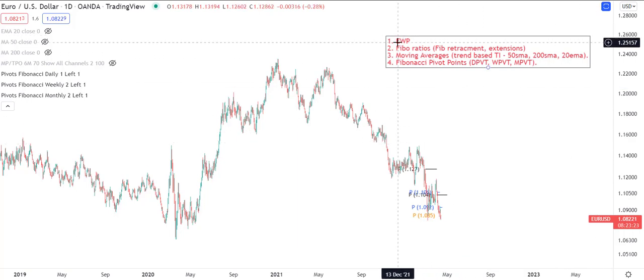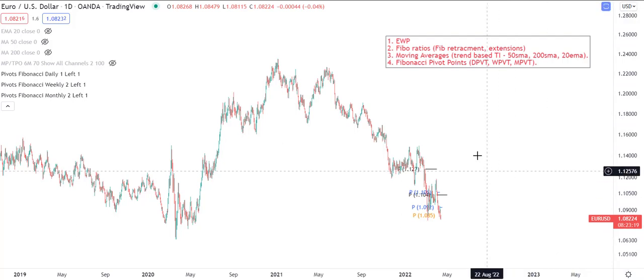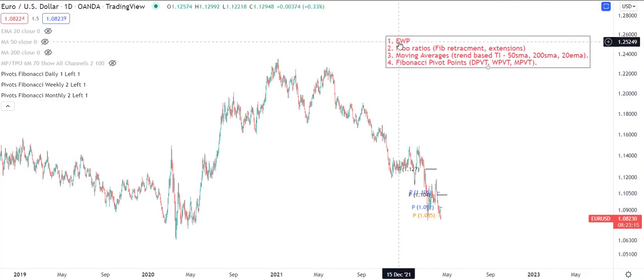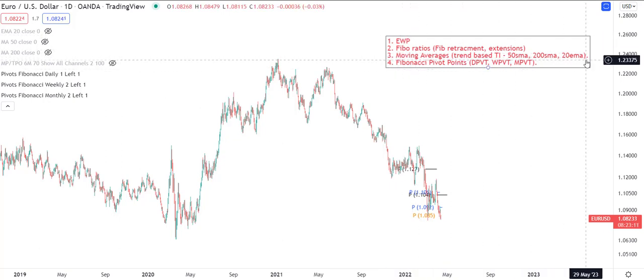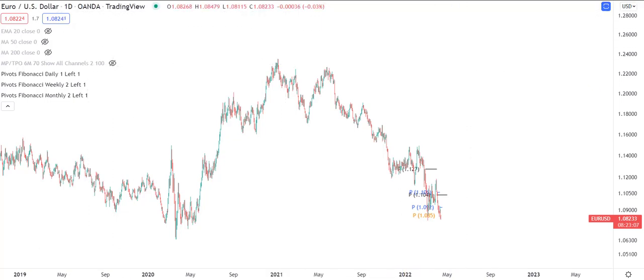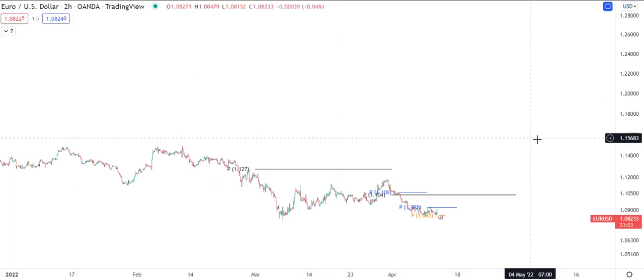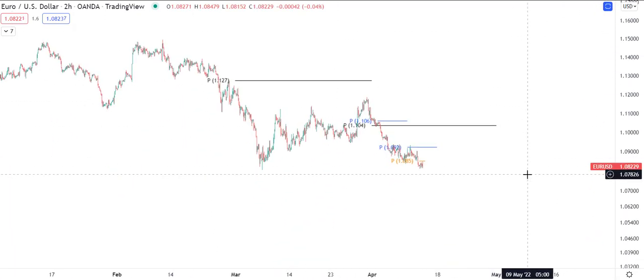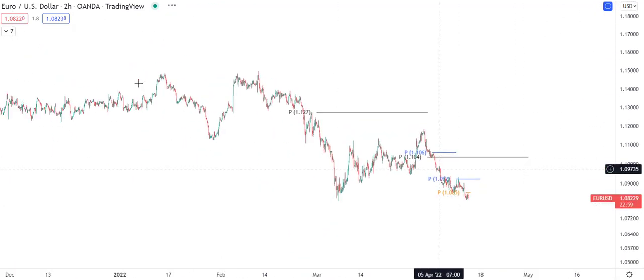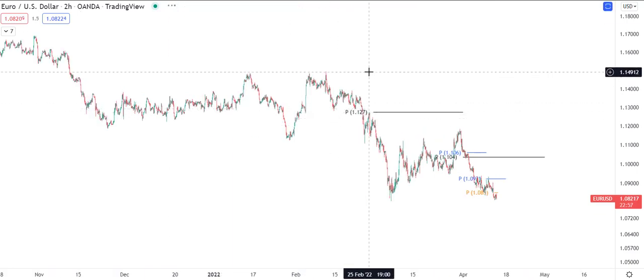At the forefront, we have the Elliott wave theory, followed by the Fibonacci retracement and extension. And then to confirm our view from point 1 and 2, we use moving averages, the ones you see here, and the pivot points. I will delete this now, lower the time frame to 2 hours, and hide this, and then let's take a look. This is euro dollar 2-hour chart,